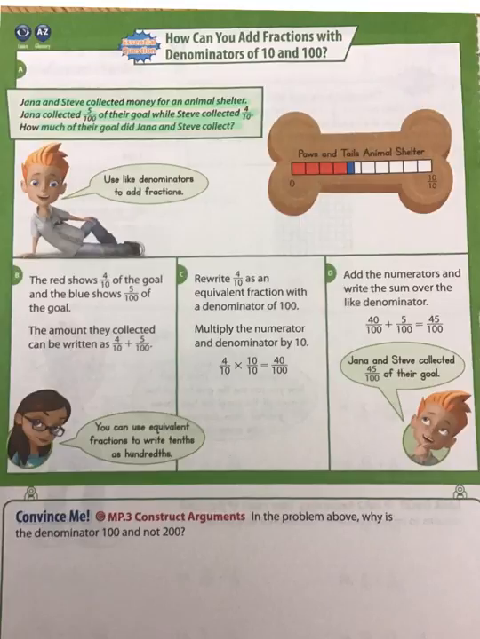So we need to add these numbers. And our equation is going to be 5/100 plus 4/10. Now, since these numbers have different denominators, we cannot add them until we change the denominators to